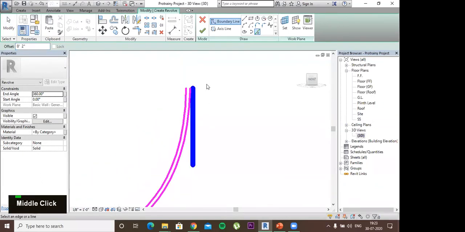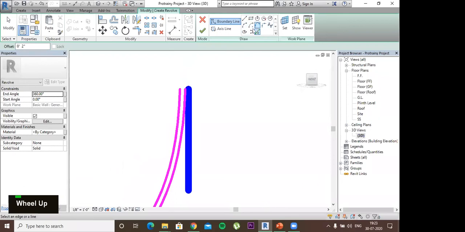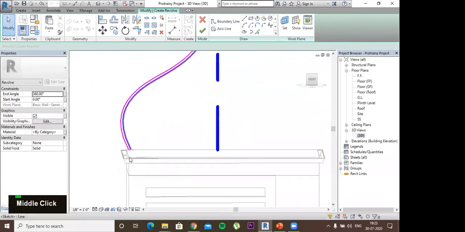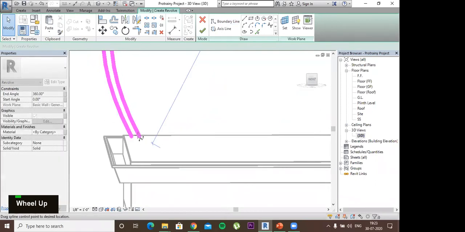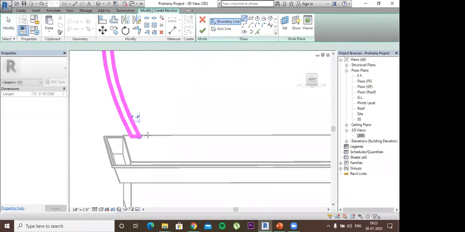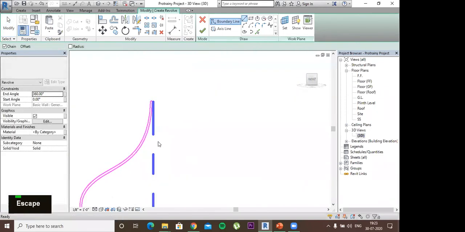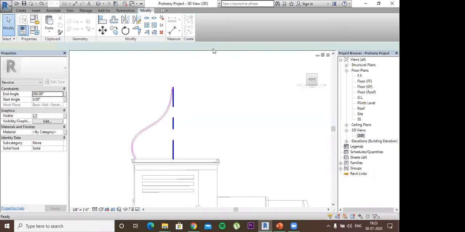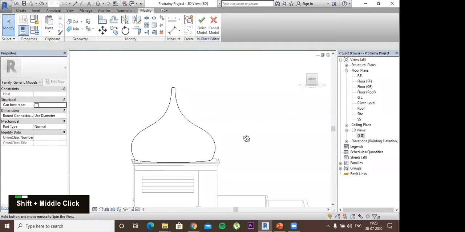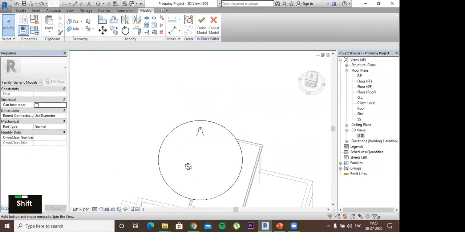Then I'll join them either through this small arc from here, connect it with a straight line, and that's it. Now when you click right, it will create a circular dome.